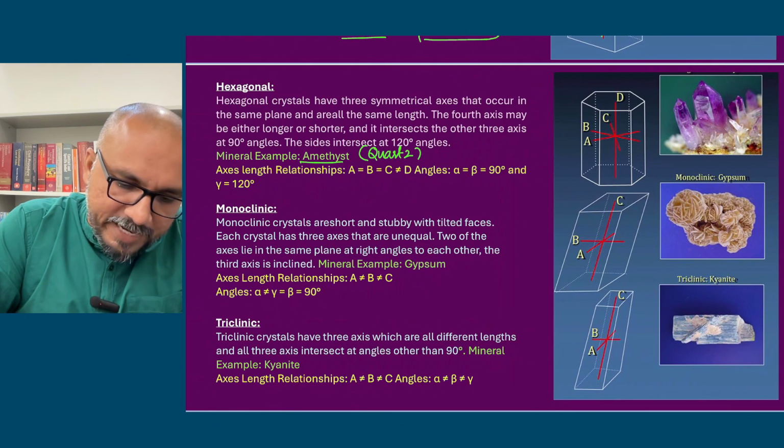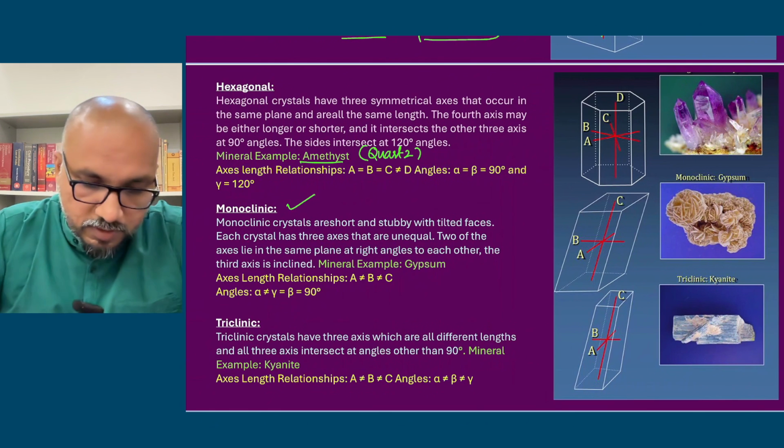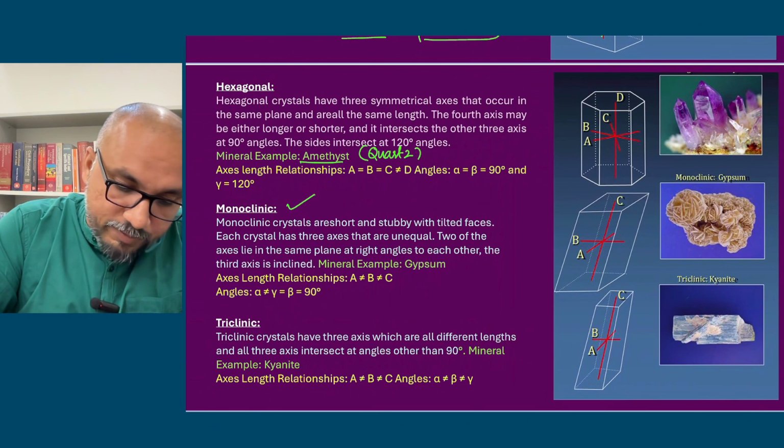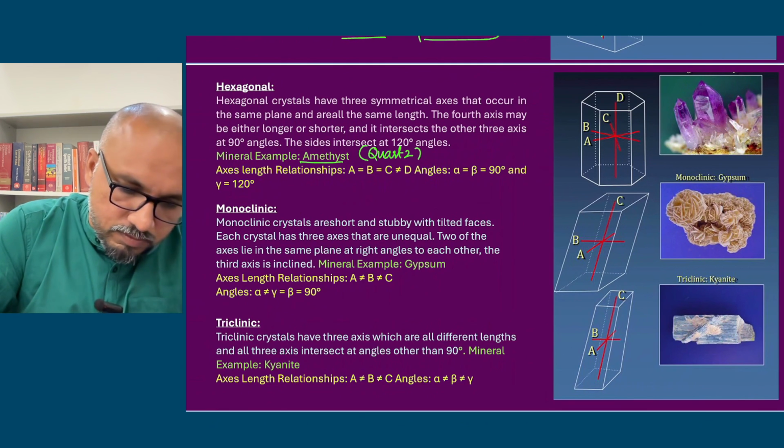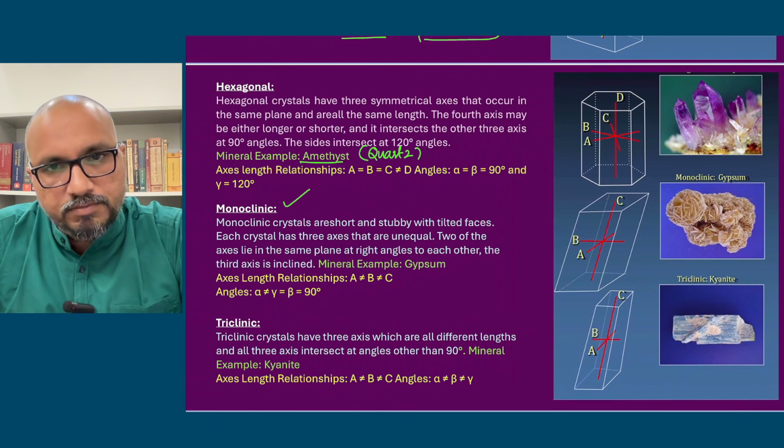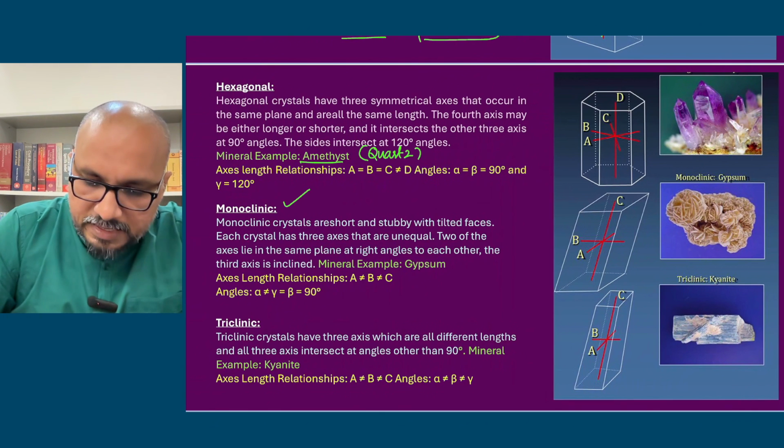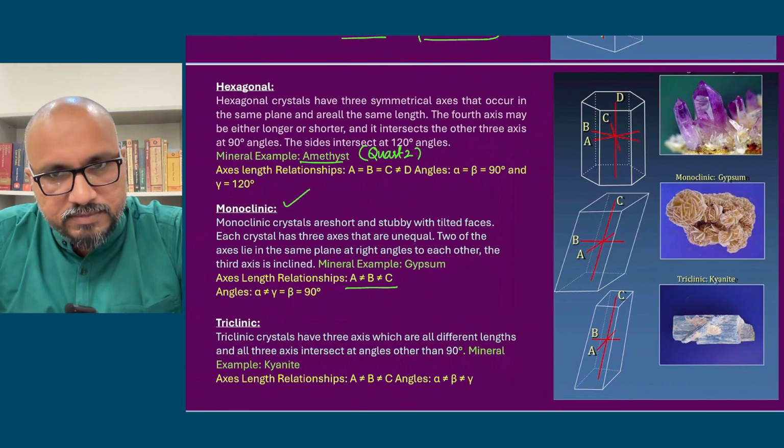Then we have monoclinic, sorry, I said microclinic, monoclinic system. We have monoclinic system. In monoclinic system, ABC axis they are not equal. Okay,